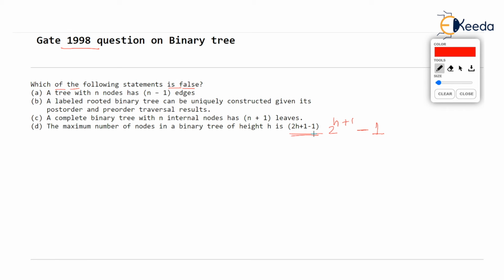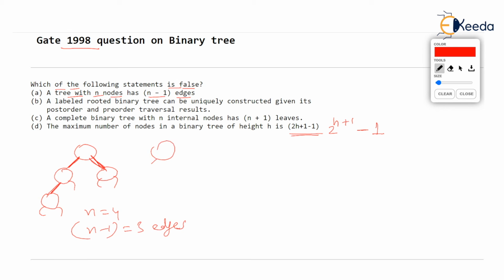Okay. By the way, the tree with n nodes, the first one, the tree with n nodes has n minus 1 edges. Let's construct any tree. Some tree I am constructing. This is the tree. Now, how many nodes? N nodes. Now, here n is 4, 4 nodes. And how many edges is it containing? 3 edges. So, the number of edges is n minus 1, equal to 3 edges. You can check it out again.